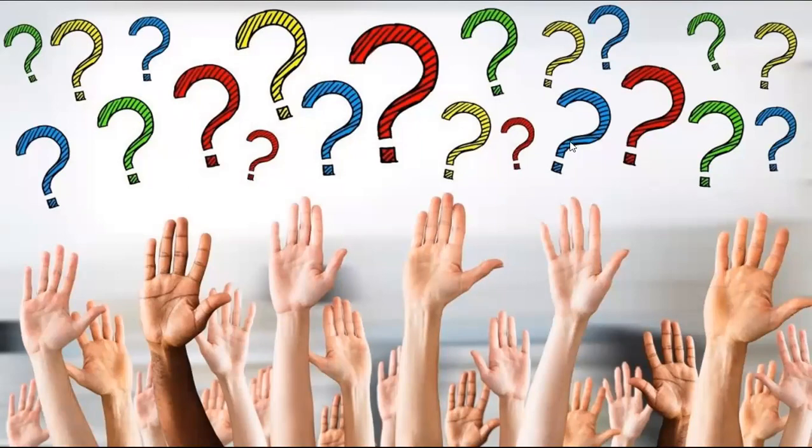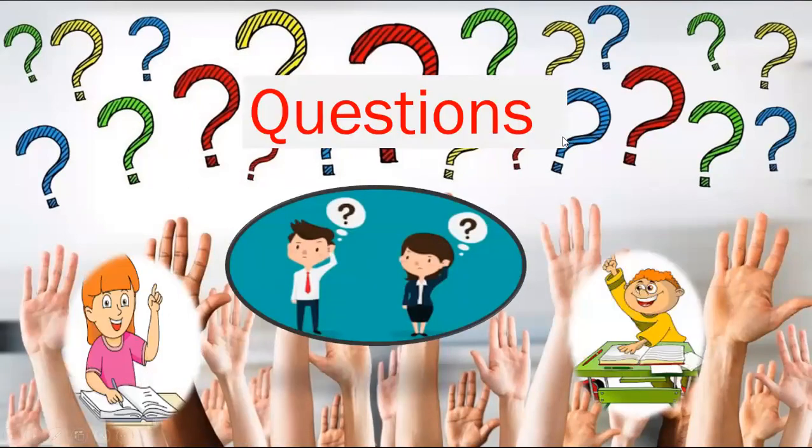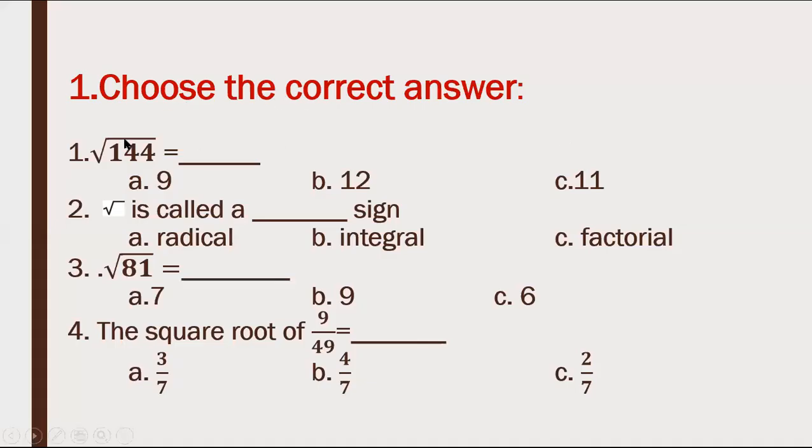So here the question is, on your screen, choose the correct answer. Square root of 144. I have given you 3 options. What I want from you is to just mention the question number and the option. For example, if A is correct, just mention 1A. If option B is correct, mention 1B. In this way, share your answer quickly.